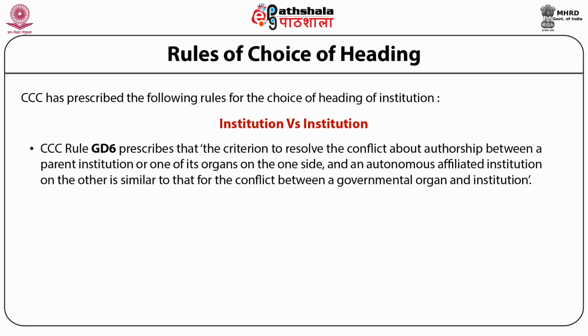Institution versus institution. CCC rule number GD6 prescribes that the criteria to resolve the conflict about authorship between a parent institution or one of its organs on the one side and an autonomous affiliated institution on the other is similar to that for the conflict between a government organ and an institution. Documentation Research and Training Center, DRTC Bangalore, is an organ of the Bureau of Indian Standards, but being engaged in research work and an autonomous institution, hence